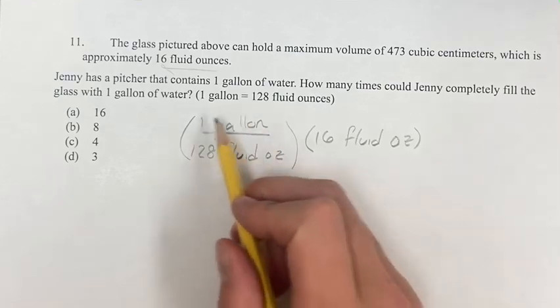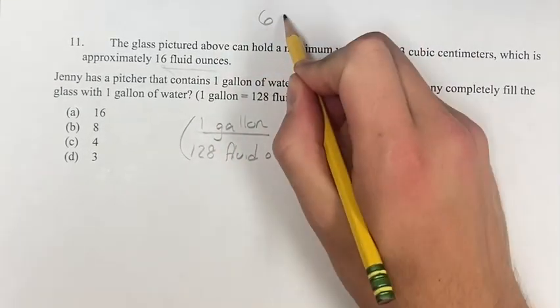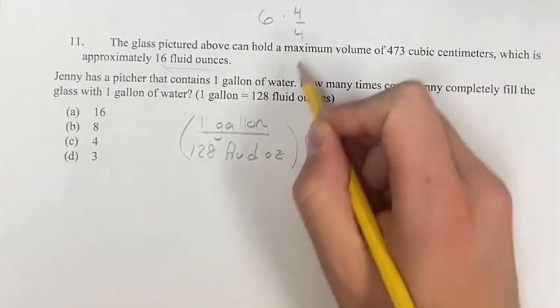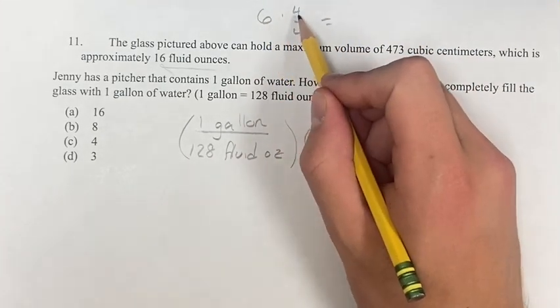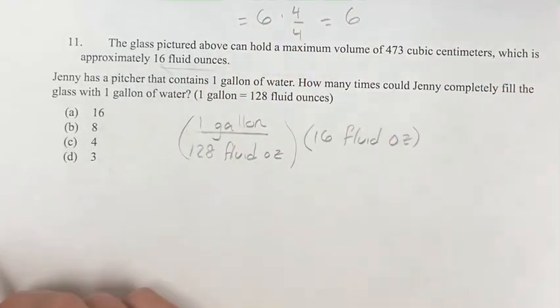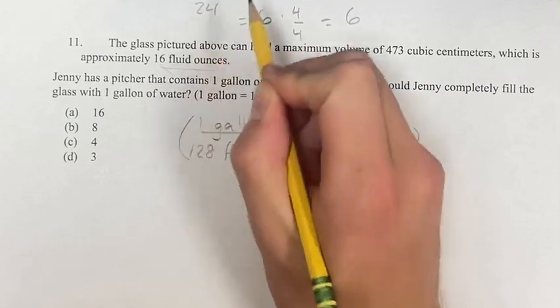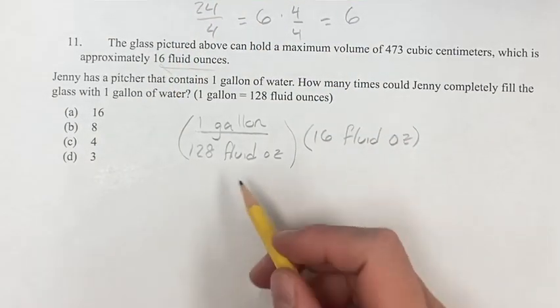So this is basically like multiplying by 1. If we have 6, we multiply it by 4 divided by 4. What is this equal to? Well, 4 divided by 4 is 1, so this is just 6 times 1, or 6. However, if we don't simplify, we just do 6 times 4 is 24 divided by 4, we now have a new denominator. It's the same thing here. We multiply these two,